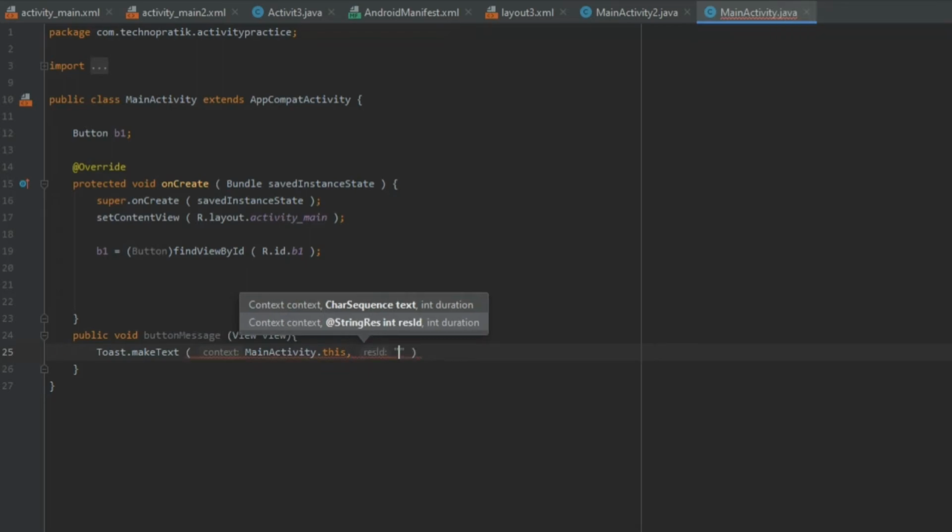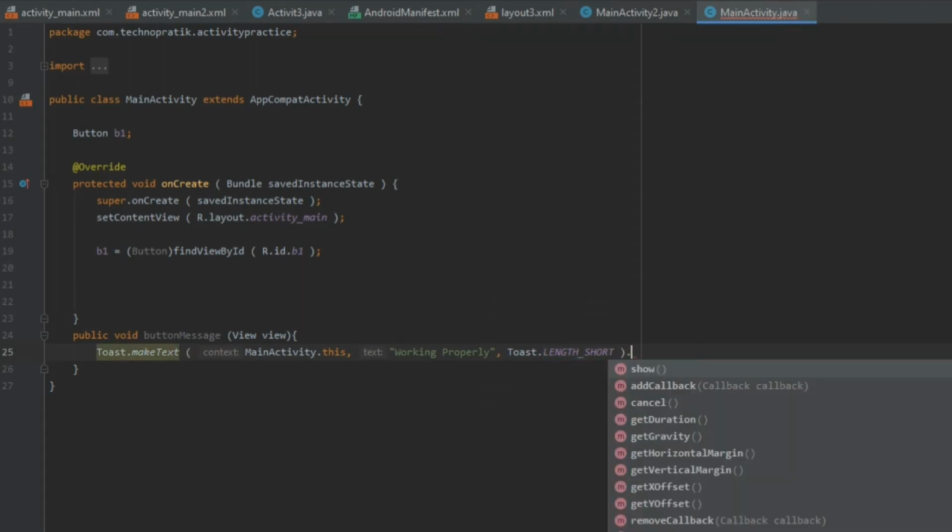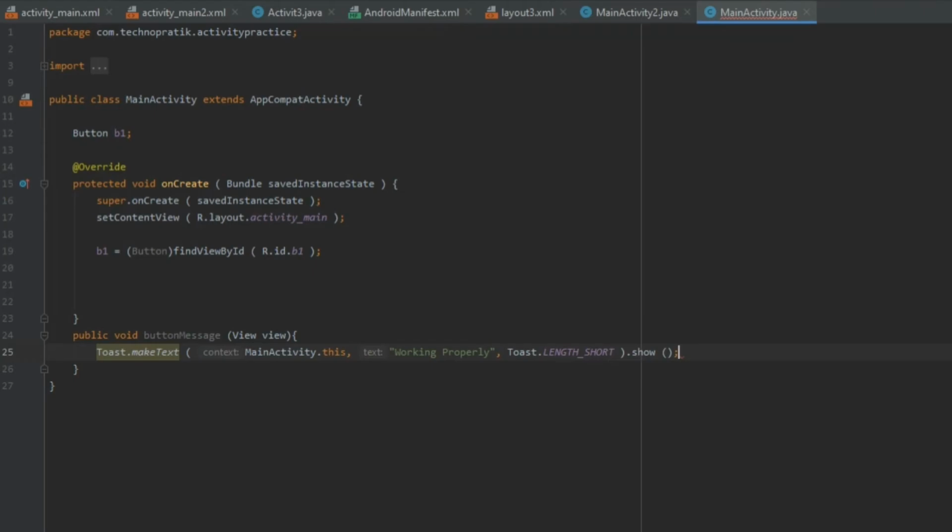Comma, we will create here message, working properly, and let's make this length short, and don't forget to create here show function, otherwise this will not show a message. Okay, now we have created one method here, and we have given name buttonMessage.